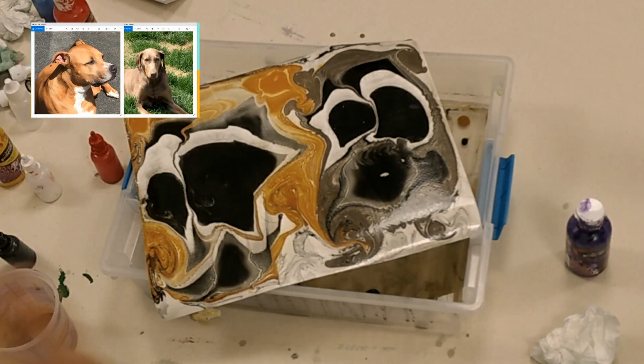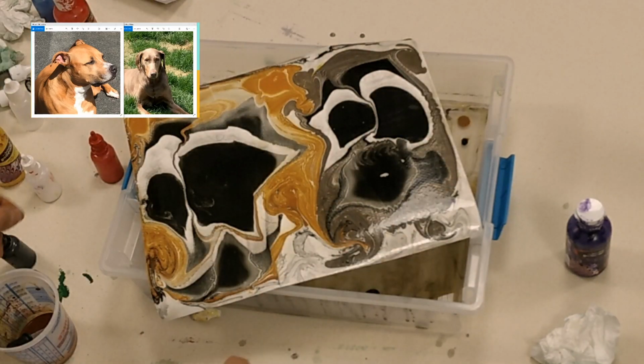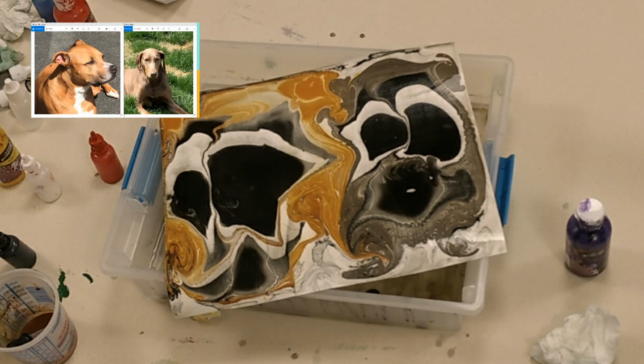I think because I just used watercolor paper. This is the first one that I've done on watercolor paper. And they're like, wow, yeah, it like really showed the marbling. I feel like,